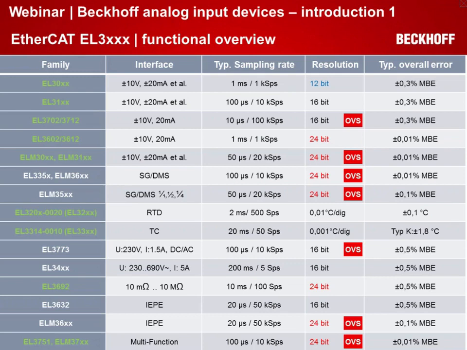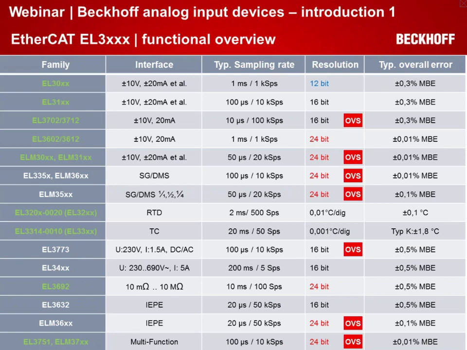A short overview of the over 100 analog modules, classes and families that we have on our website is given here. You see the family names EL3xxx. The XX means there are some other figures that you can find on our website to define a product better. And here in the first green family, you find all our standard industrial interface